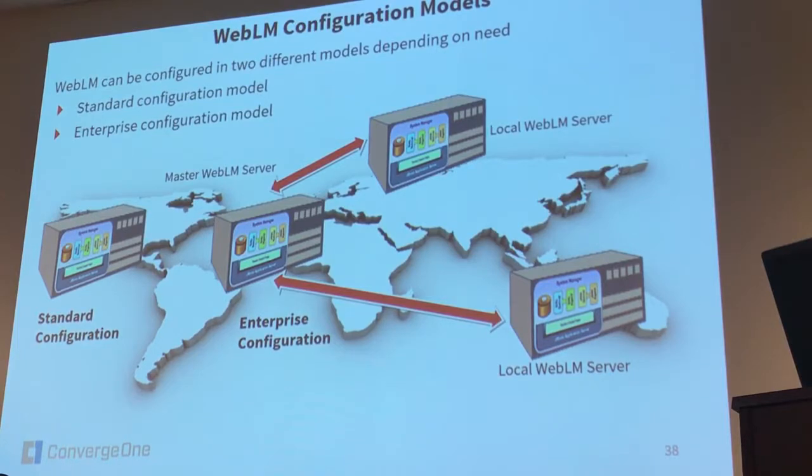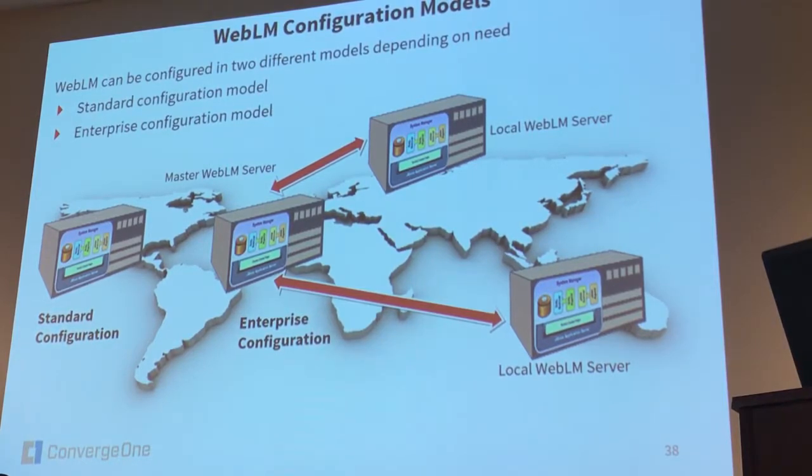There is a newer model that came out around 5 years ago, the enterprise configuration, where you have one WebLM as the master WebLM and some local WebLMs that are kind of slave WebLMs, and you install the license on the master WebLM